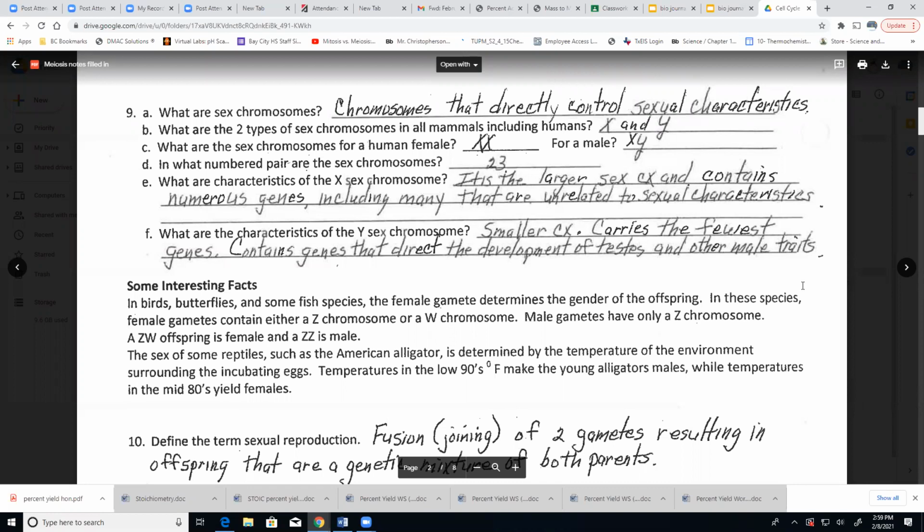So when you do a karyotype, the sex chromosomes are always the 23rd pair. So that's where you would look to see whether somebody was a male or a female. Or if you had it done before you were having a baby, that's where you would look to see if you would have a male or a female. And you could do some fancy gender reveal party.